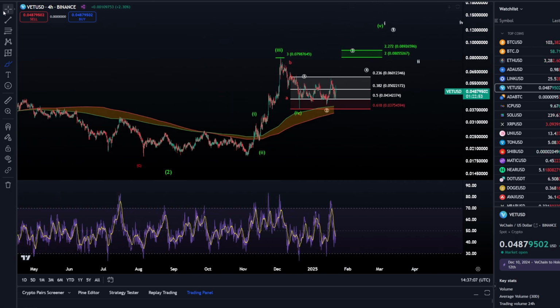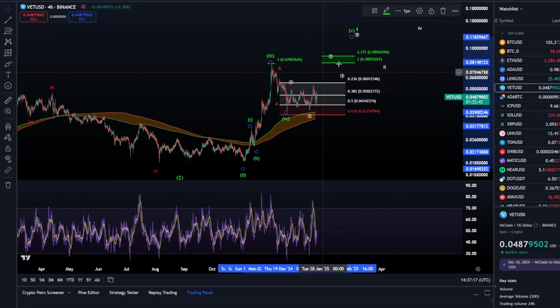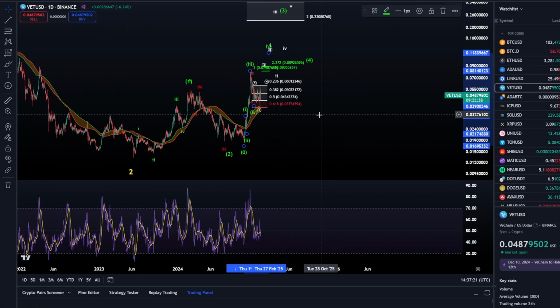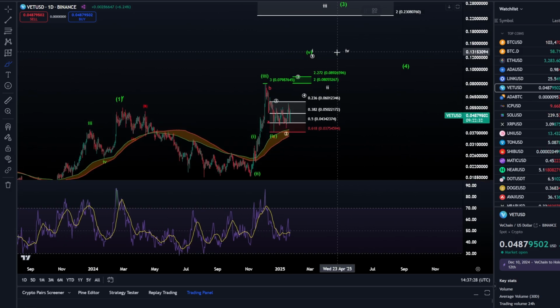And once we get these 5 waves, we will confirm that the fourth wave move down is in and that the fifth wave move up is also in. And what does this fifth wave move up? Well, like I said, these 5 waves up will only complete a first wave of the main third wave move to the upside, which means that after this we will need an ABC structure for a second wave move down,